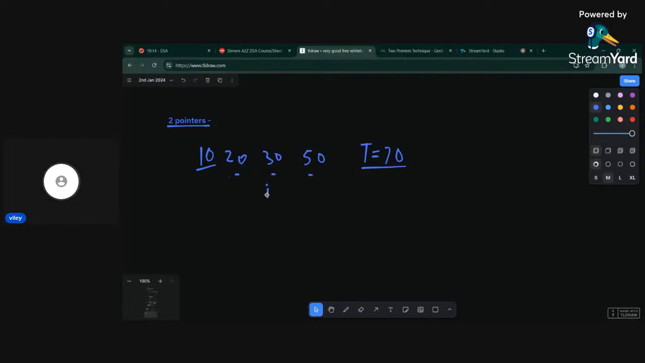And then you will check with 30 and 50 whether it is 70. So that is how the brute force technique will look like. Basically you're going from 0 to n minus 1, where n minus 1 is not included, because you need a pair of elements, you don't have to come to the last element, and for every element you are traversing